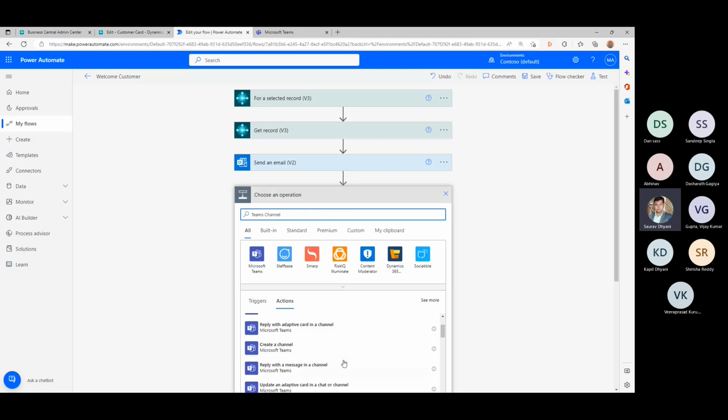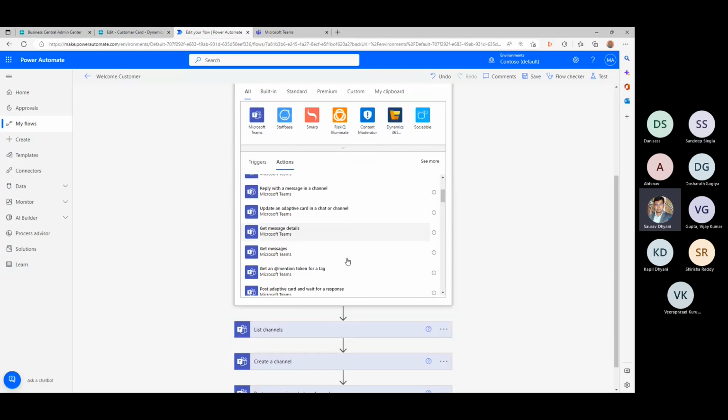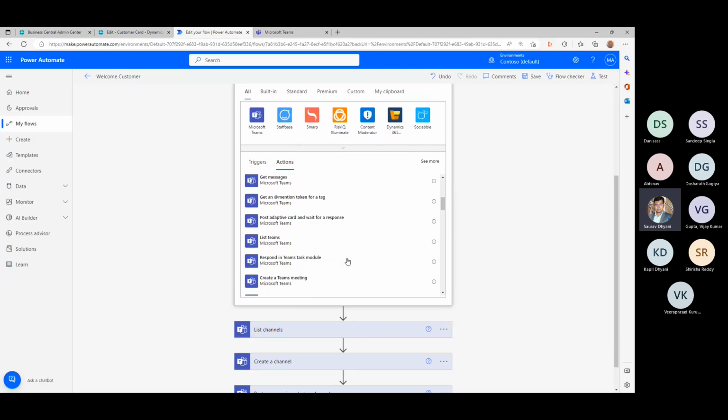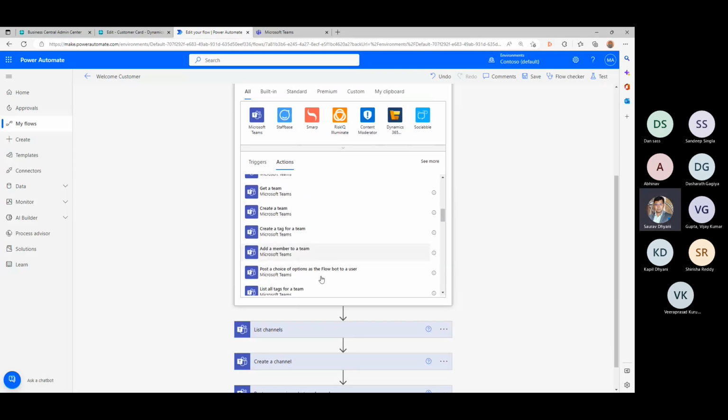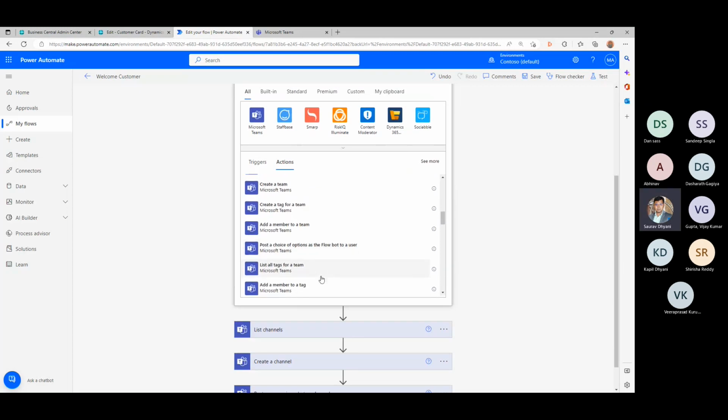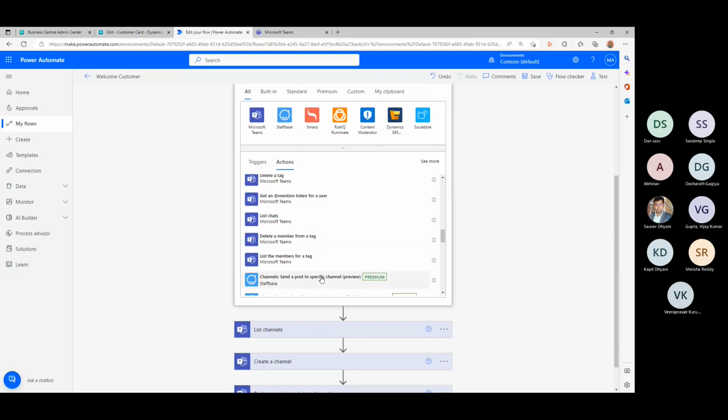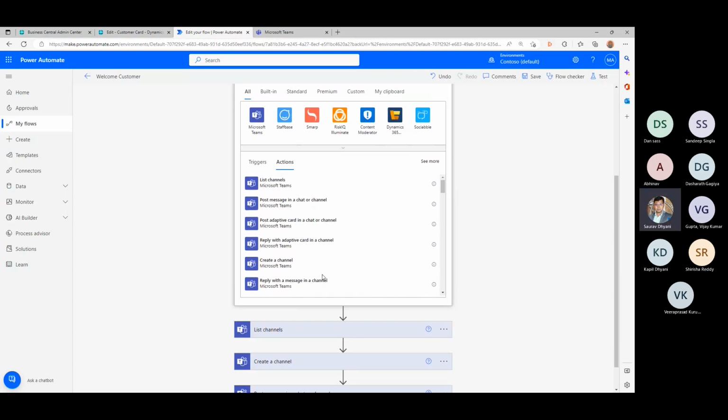Create a channel, reply message, get message, get mention, post, list teams. List all tags in a team. What? There's no channel, only list channel. This operation retrieves a list of all the channels in a specific team.